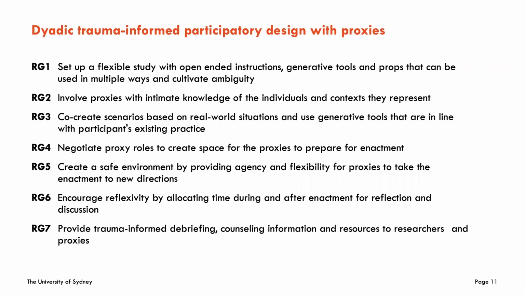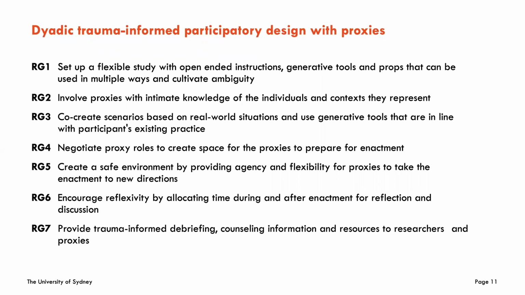Importantly, through our work, we were able to develop what we call a dyadic trauma-informed participatory design with proxies. We proposed 7 guidelines for this kind of research, starting to set up a flexible study with open-ended instructions, generative tools, and props that can be used in multiple ways and cultivate ambiguity so that proxies can shape the roles. Involving proxies with intimate knowledge of the individuals and context they represent, co-creating scenarios based on real-world situation, and using generative tools that are in line with participants' existing practices, negotiating proxy roles to create space for the proxies to